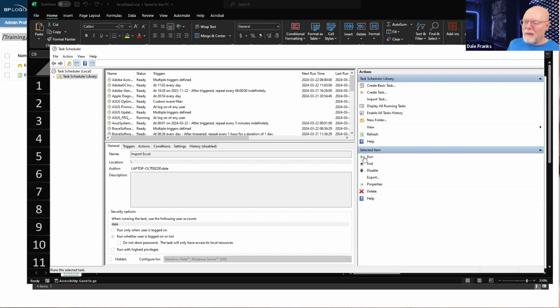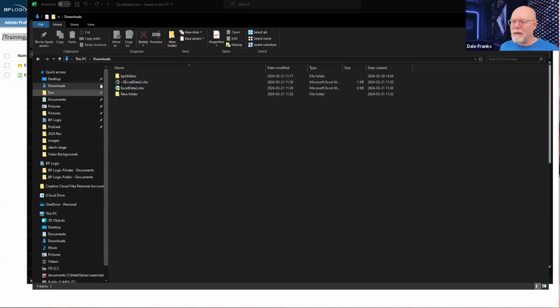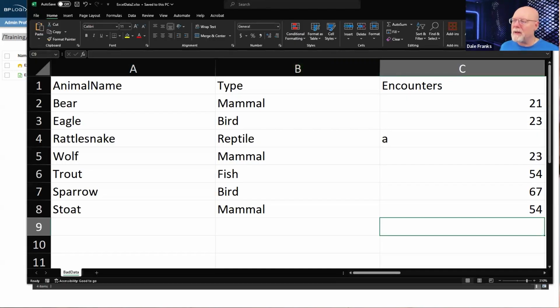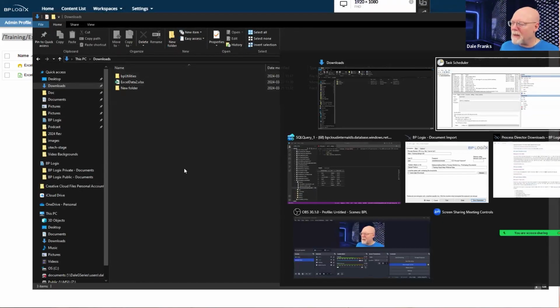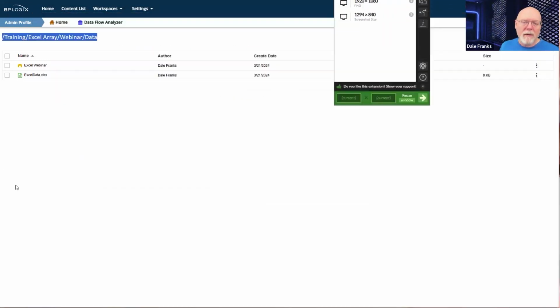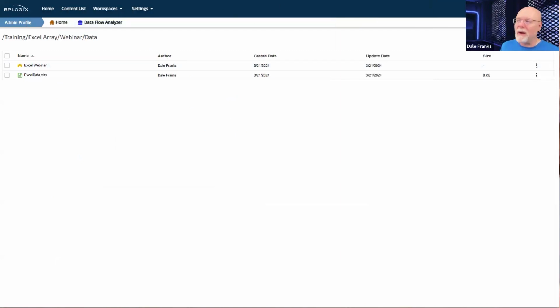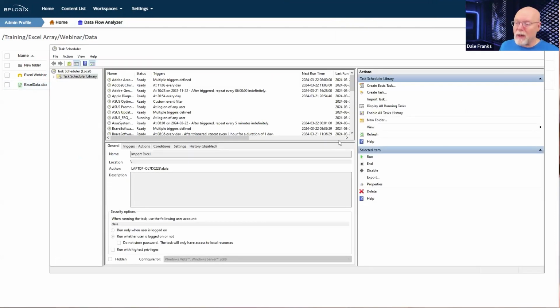So if I run it again this time, and I go back to process, oh, I didn't close this and save it. So close and save it. Sorry about that. First of all, let me see if it failed or not. Let me refresh my folder. It didn't bring it in. Okay, great. So now I can run it.